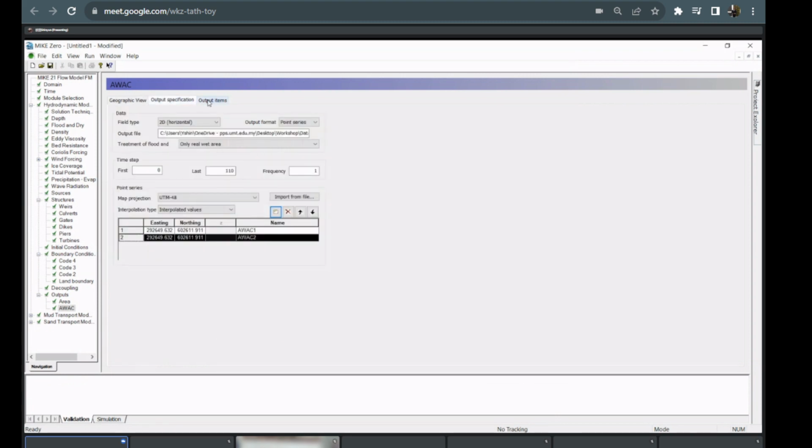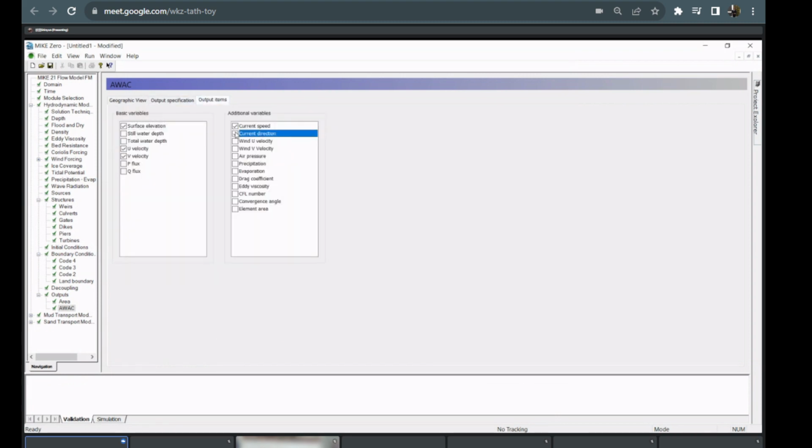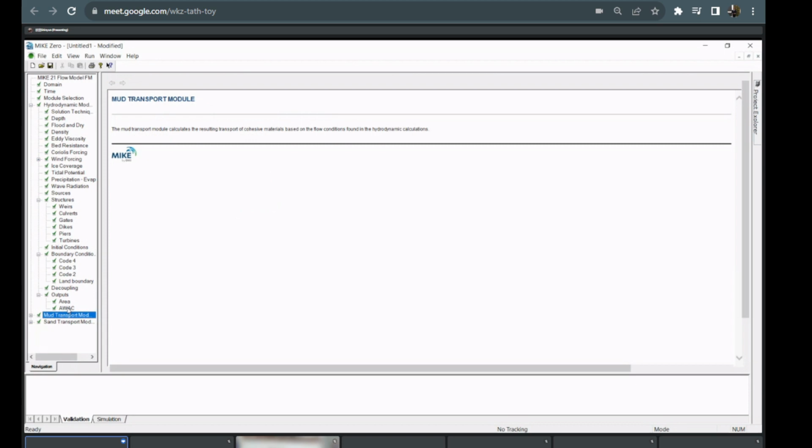For output item, select and remember to tick current speed and current direction. All this depends, if you want to click, then you can click. And sometimes the model blows up, right? You can click CFL number to check what causes it. Or you can check if the CFL number is greater than 0.8, sometimes it will cause the model to blow up. So you can check if the model is blowing up or not, and then we'll go for okay, then we'll move on to